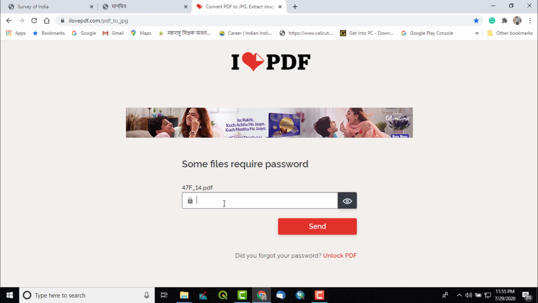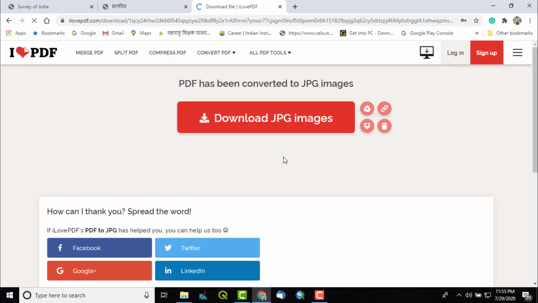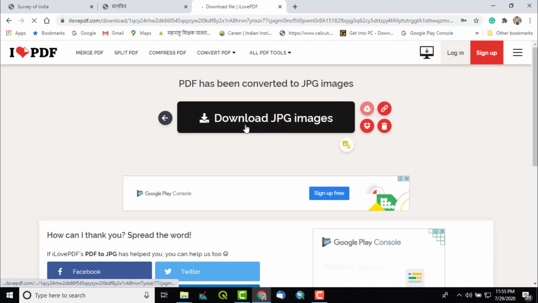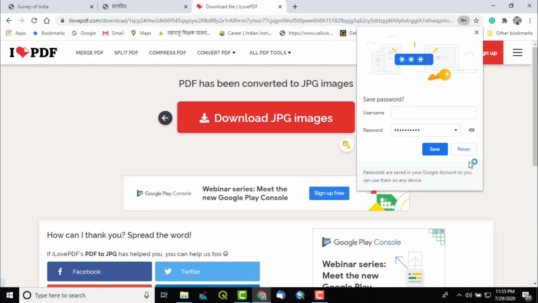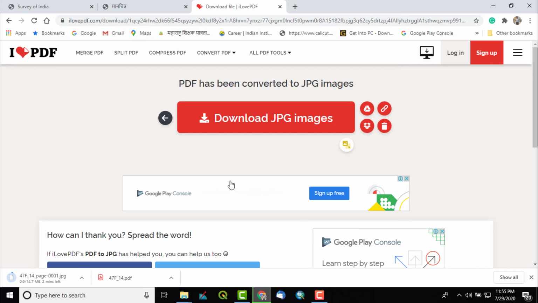So it is password protected, so it will ask you to enter the password, which is our mobile number. So I have entered it and clicked on save. So it has been converted. Just click on download JPG. So again I will save it in my folder. It has been saved.